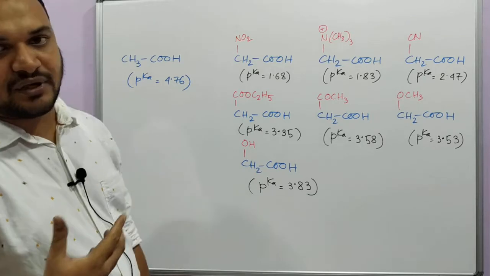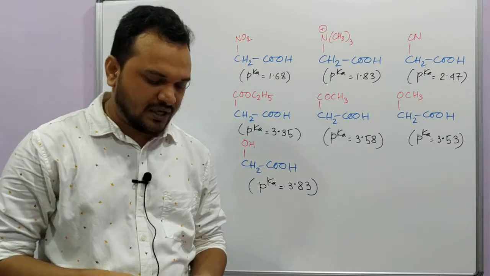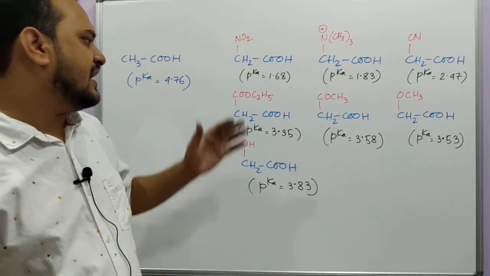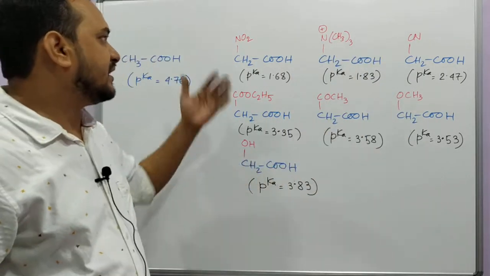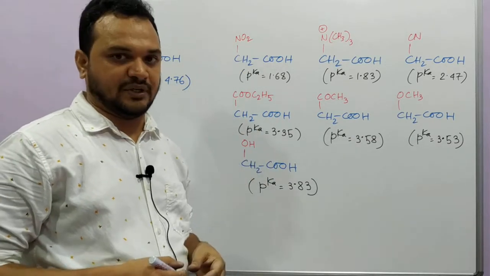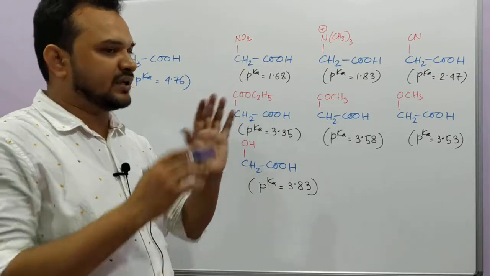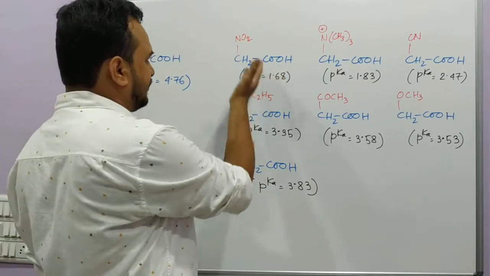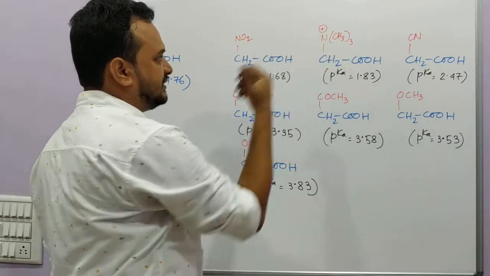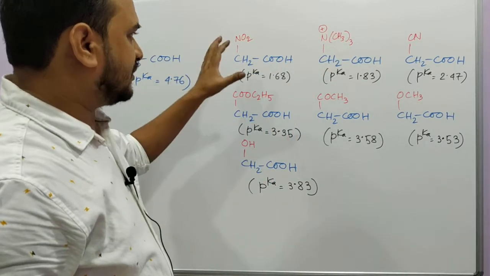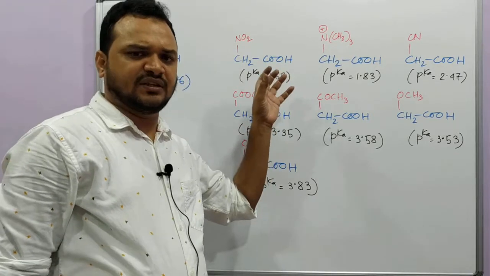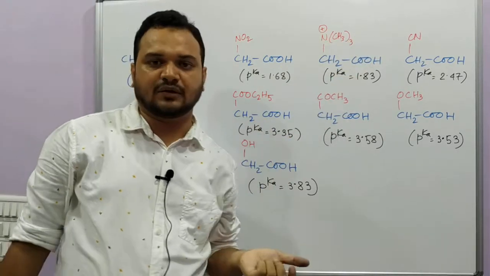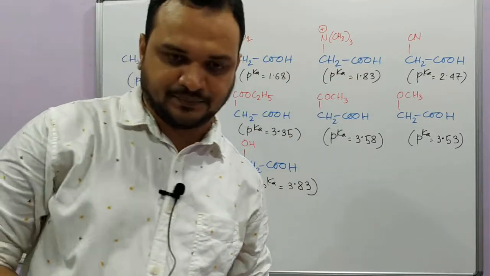So inductive effect plays a very important role in the determination of acidic strength, especially for aliphatic carboxylic acids, and these differences can be explained in terms of their power of inductive effect. If you know the series, how the groups are arranged according to their strength of minus I effect, then you can clearly say whether nitro will be more acidic or NCH3 will be more acidic. You just go through the GOC, that is general organic chemistry. There we will find under the inductive effect different groups are arranged according to their strength of minus I effect.